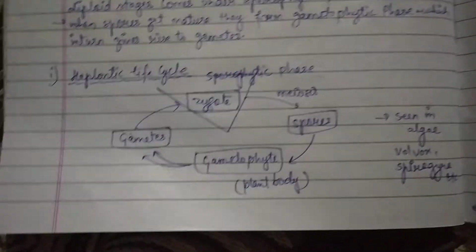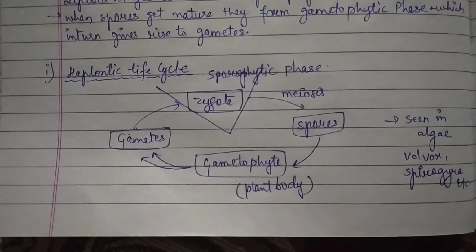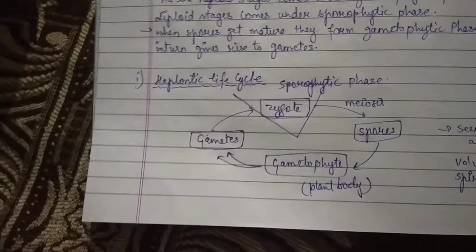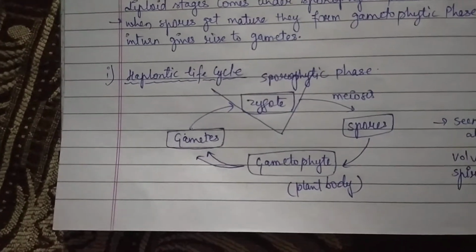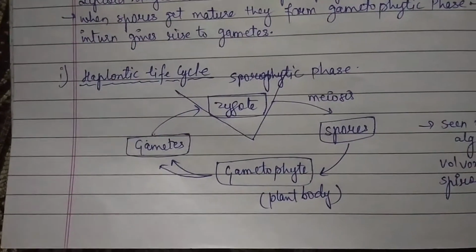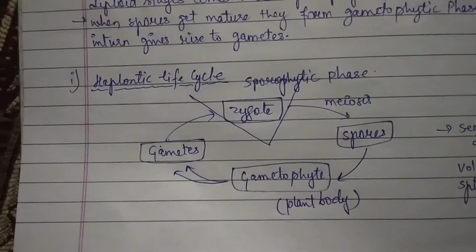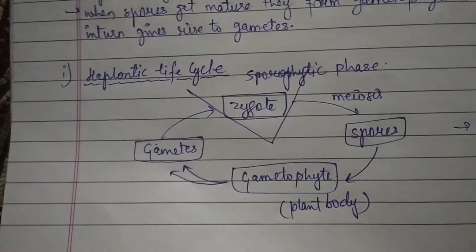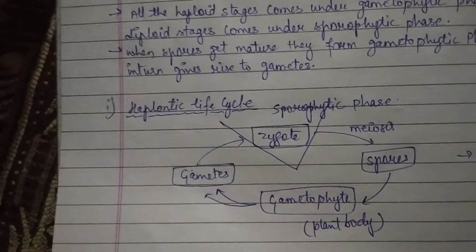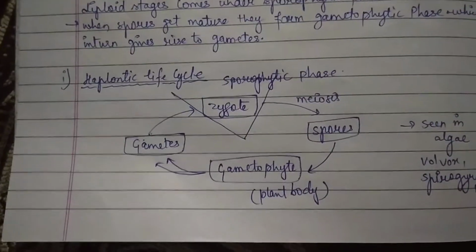Okay, next we will talk about the different phases under this alternation of generation, right? So, different plant groups as well as individuals represent different types of phase or life cycle or life pattern, right? So, we have three different types under this. That is haplontic life cycle, then we have diplontic life cycle and haplodiplontic life cycle, right?